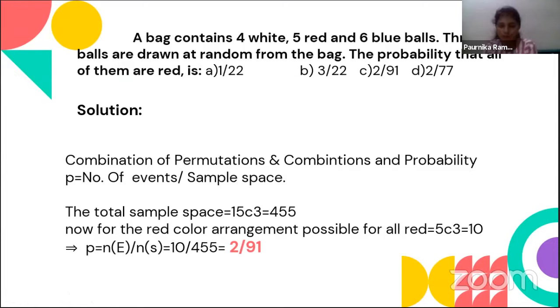While solving this problem, you have to know that you will have to apply the basic concept of permutation and combination and collaborate it in the probability formula. That's very important. You have to have the skill and the knowledge to first understand what is asked in the question and then answer the question. That's one main approach that you have to follow while answering the question.